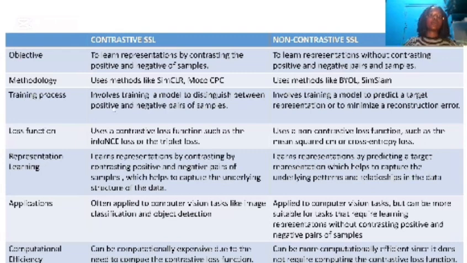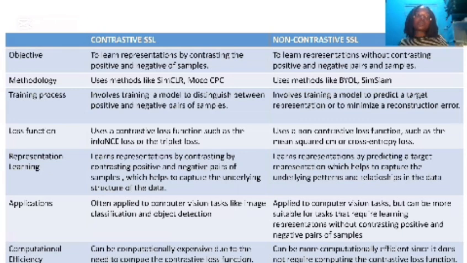Then the methodology, contrastive uses methods like SimCLR, MoCo, CPC. I think non-contrastive uses BYOL and SimSiam. In the training process, like we talked about, contrastive involves training a model to distinguish between positive and negative pairs of samples, while the non-contrastive